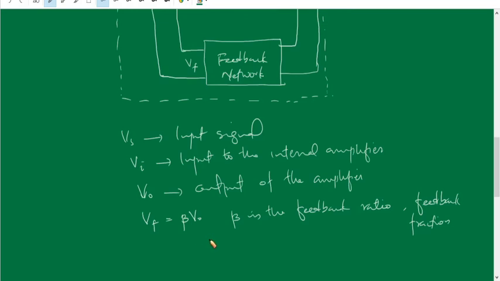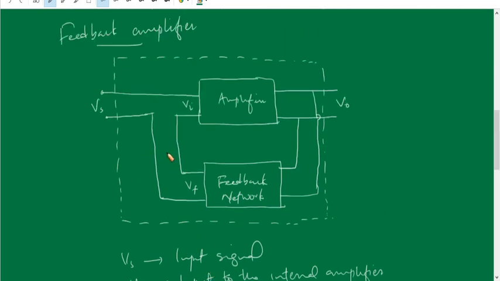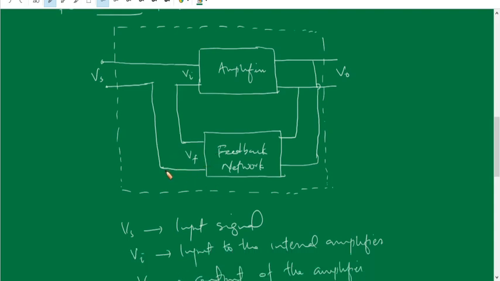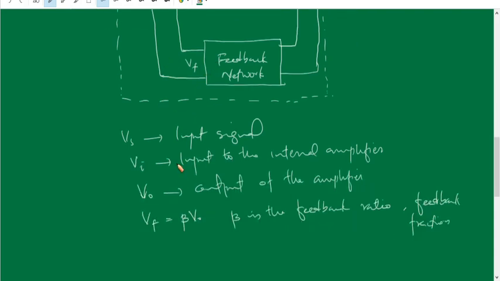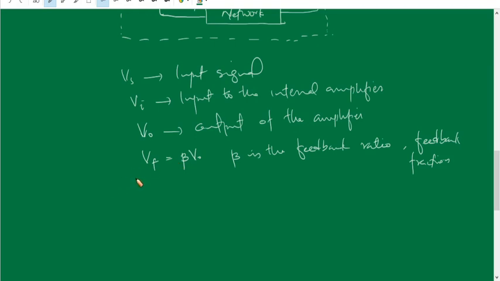Okay, so these are the different voltages shown here. Vs is the input signal, Vi is the input to the amplifier, and Vf is the feedback voltage given along with the input signal. So the input voltage to the internal amplifier Vi is equal to Vs plus Vf